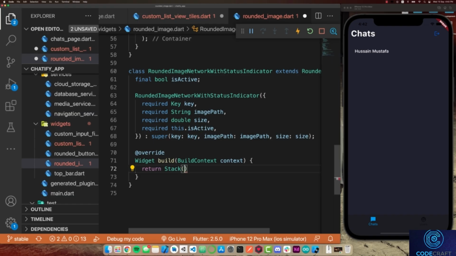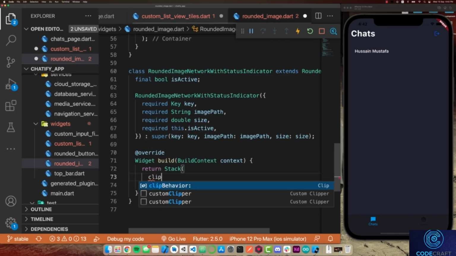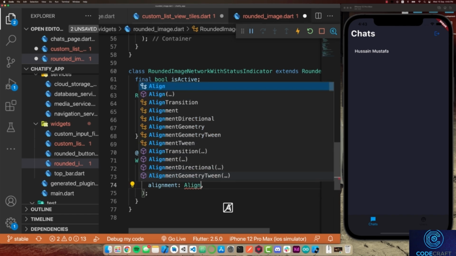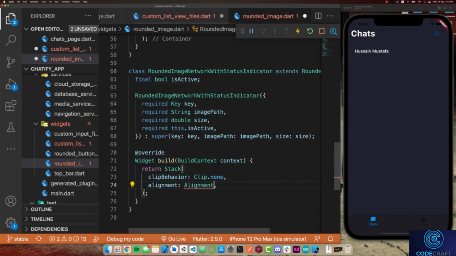And then this stack widget is very similar to our row and column widget, but it requires a parameter called the clip behavior. And we're going to say clip.none. So that means that if the widgets that we have inside of our children's list extend beyond the size of this stack widget, then do not clip them. Just leave them as they are. Then I'm going to have an alignment, and I'm going to say that the alignment is going to be dot